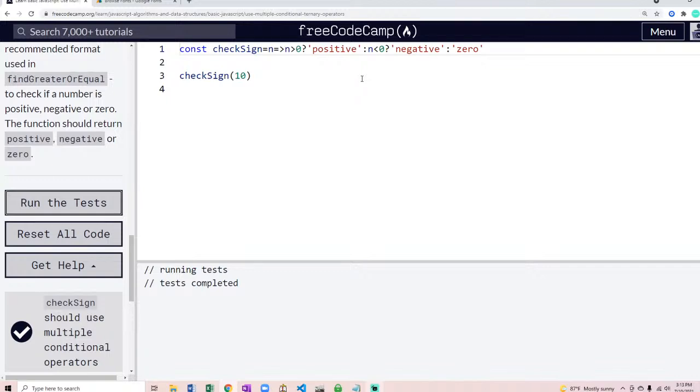Wow. Okay. This is a pretty compressed function. Can I make this any more compressed? Can I make this line any more compressed? Let's see. I'm saying if n is greater than 0, it's positive. It's less than 0, it's negative. Else it's 0. Is there any way I could change these up? If I said, no, you know what? There's a genius out there that could probably make this shorter, which is not the goal